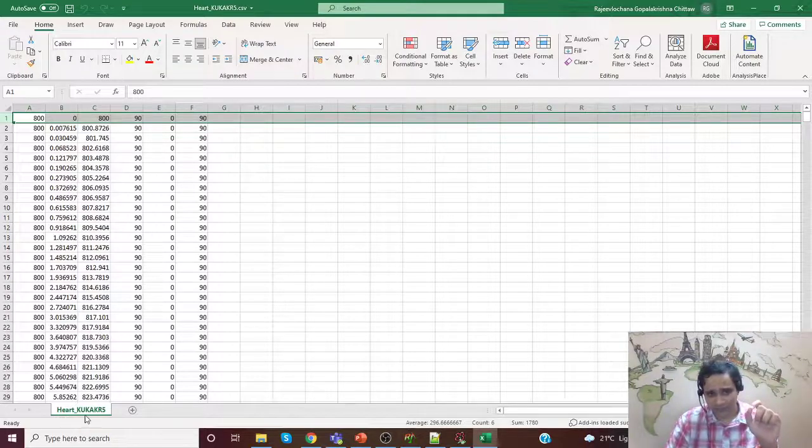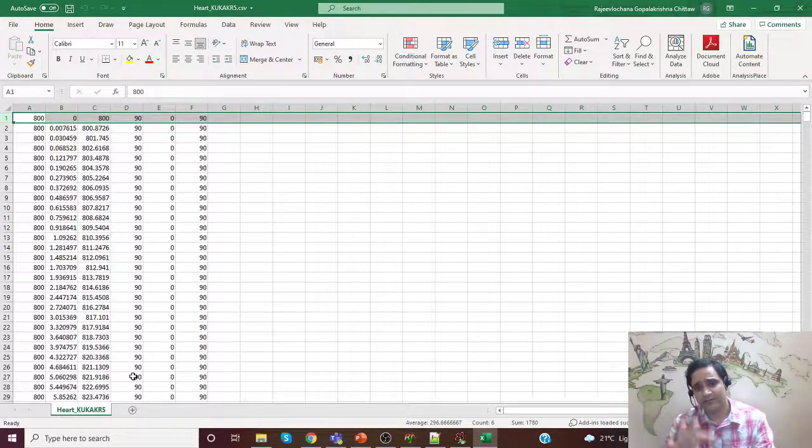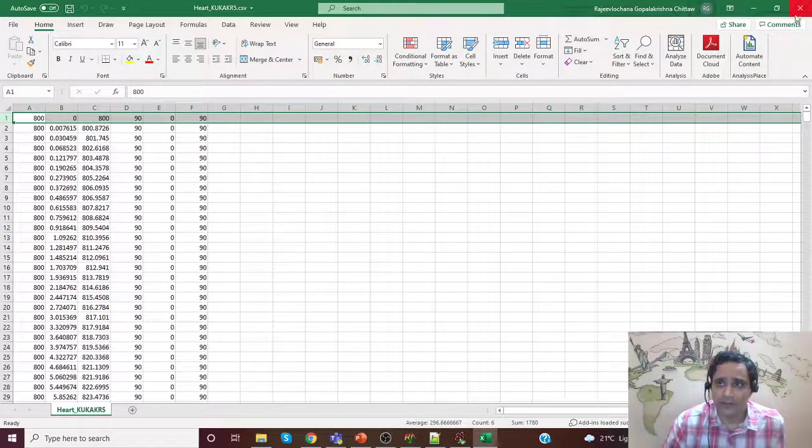Okay, so this is related to drawing a heart shape in KUKA. I'll be trying to explain the formulation first, the mathematics part, very briefly. Then we'll try to write the code. We'll get this data, save it in a file, and then finally we'll open this in the virtual robot module and try to see the animation. Okay, so let me close this file.